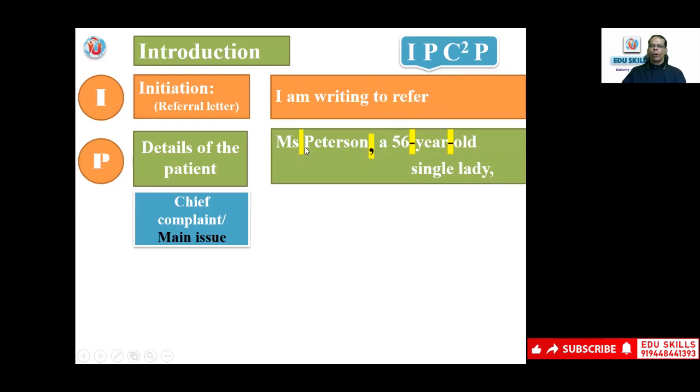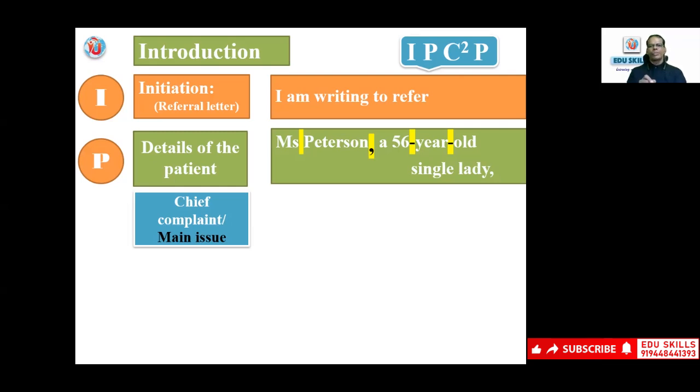Miss here, the dot is not required. Even if you put a dot, you will not be penalized. But as of now, after Miss or Mr, there is no dot. After Doctor and all those abbreviations, you don't need to put a dot. Even if you put one, you will not be penalized. But you will be penalized if you don't put a comma after Peterson, after the name. That is a must. That's punctuation. That's an assessment criterion.